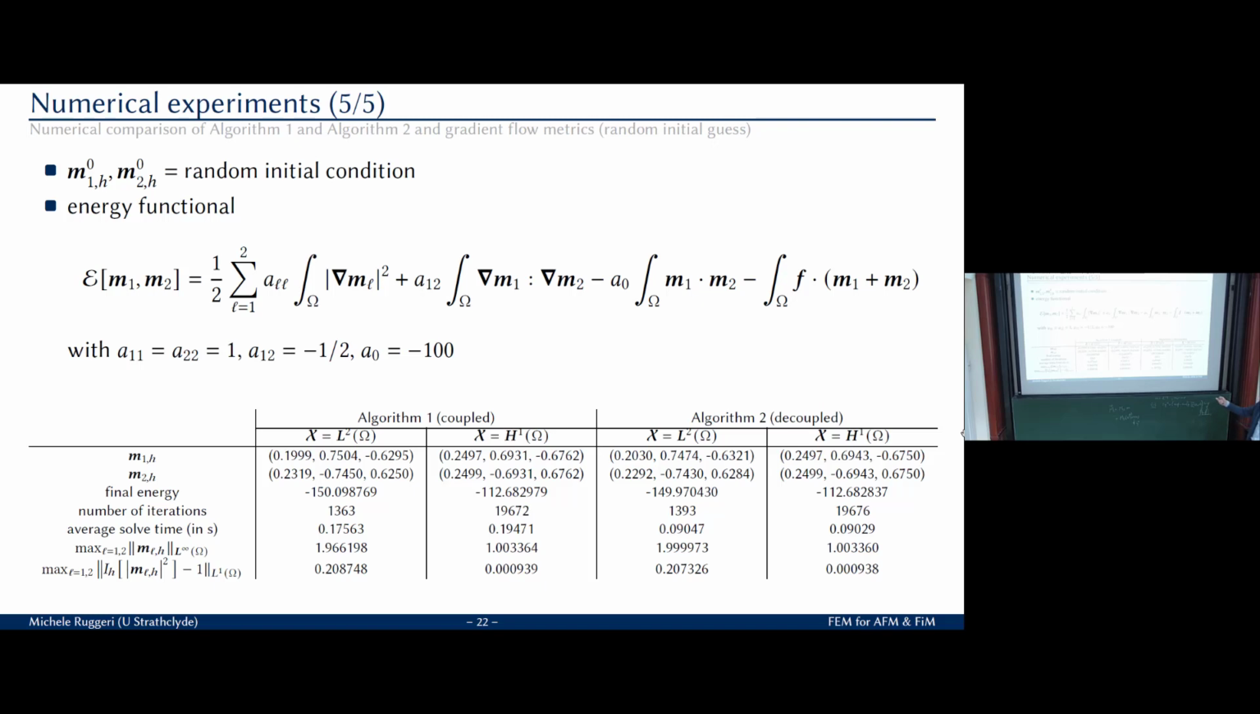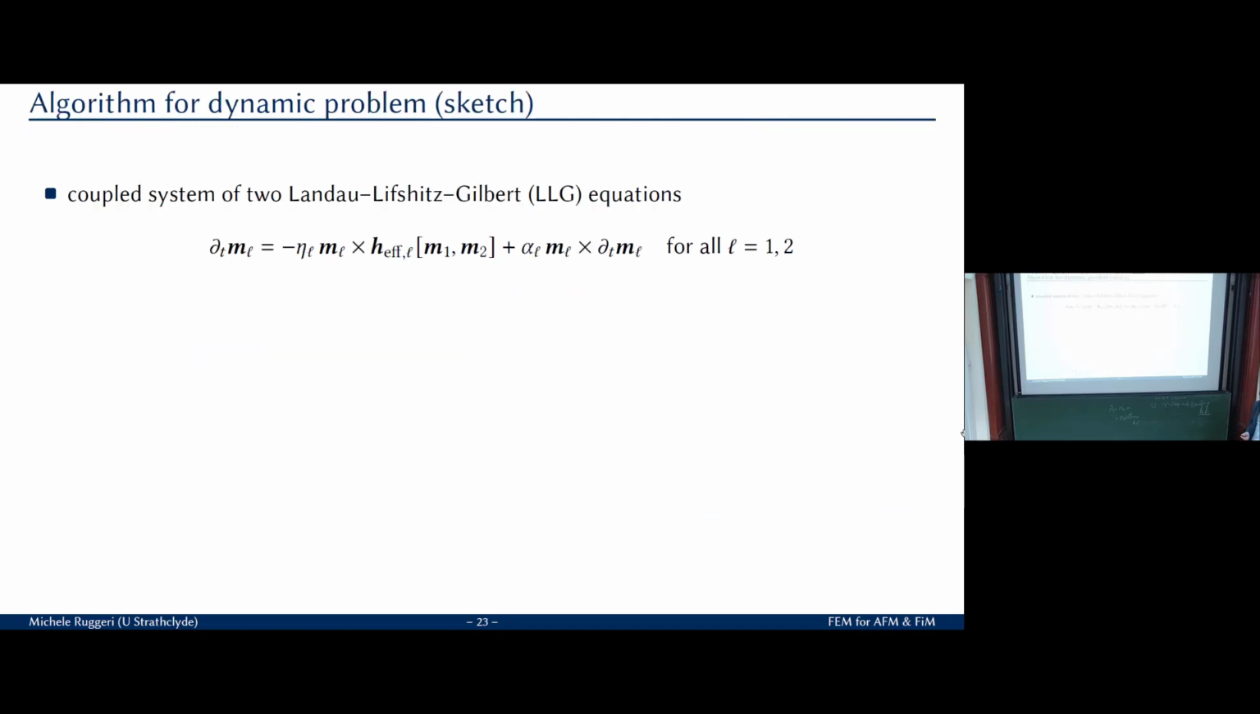I have to say that such a random initial condition is not something that you encounter. Usually you have some reasonable guess, okay? And if you're really without a guess, then you start from this one, but then you should consider an H1 gradient flow, because it behaves better. Okay, so this is what I wanted to say about the stationary case, and a very, very brief sketch now